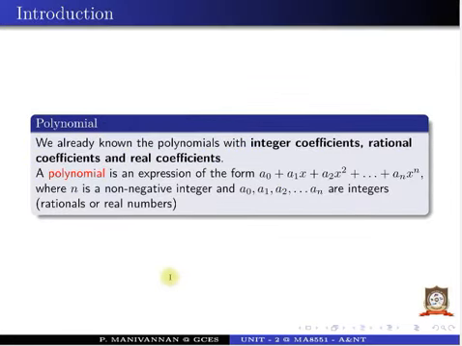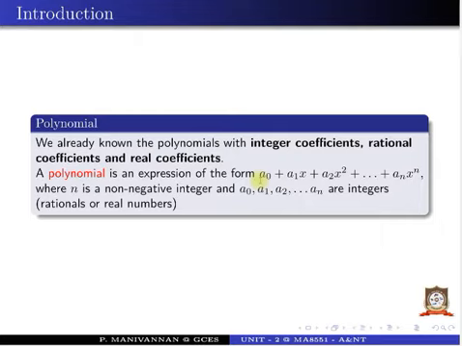Now, what is a polynomial? In the previous videos, we discussed what a polynomial is. It is an expression in the form a0 plus a1x plus a2x square plus etc. plus an x power n, left to right, where the power of x increases in degree. Or x power n down to x power 0 is also a form; it is also taken as correct.